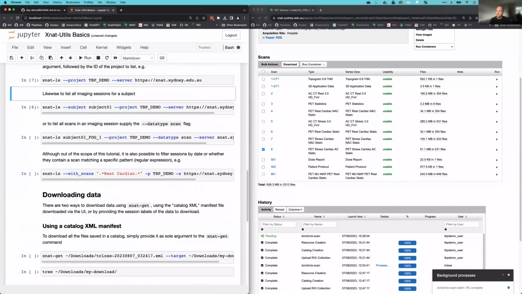So with these different options here, you can list the different projects you have available and then the subjects within those projects. And then even listing the scans within those sessions. So it can be a quick way to work out which scans you need to download and what their types are. And you can also filter out